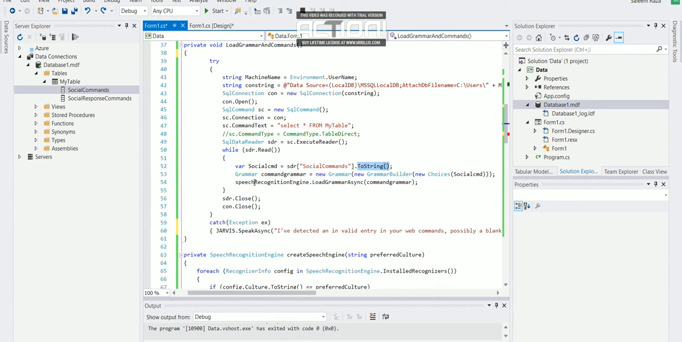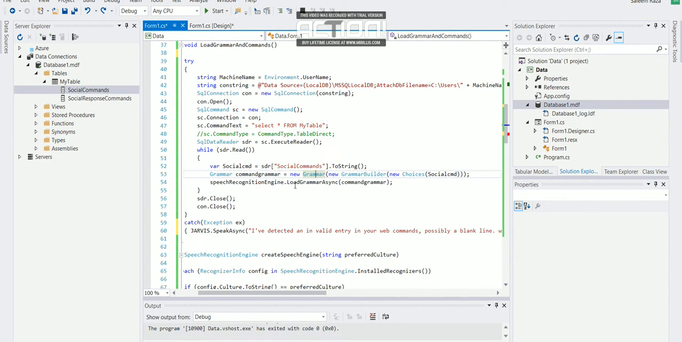Afterward we are going to build a grammar, the grammar command. Grammar is equal to new Grammar. We are going to make a grammar for a speech engine. It is equal to new GrammarBuilder. We are going to build a grammar with new Choices. Over here we are going to use new Choices, and then we are going to pass our variable name social cmd, which is holding